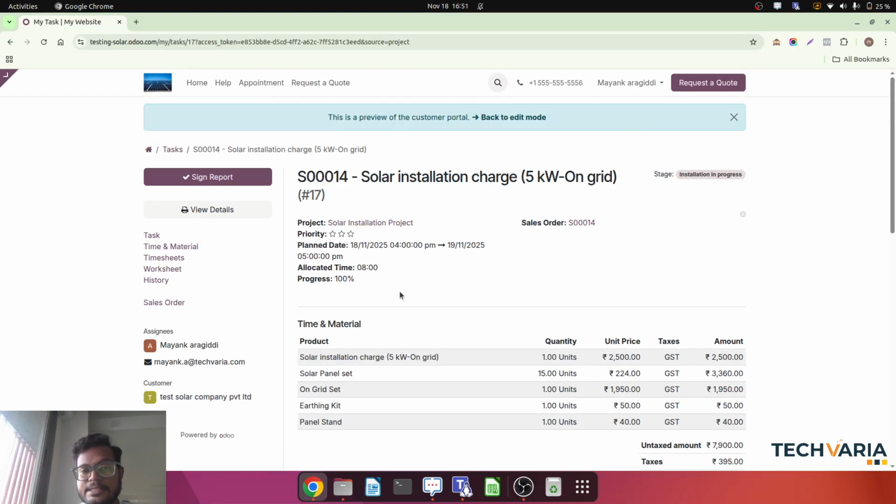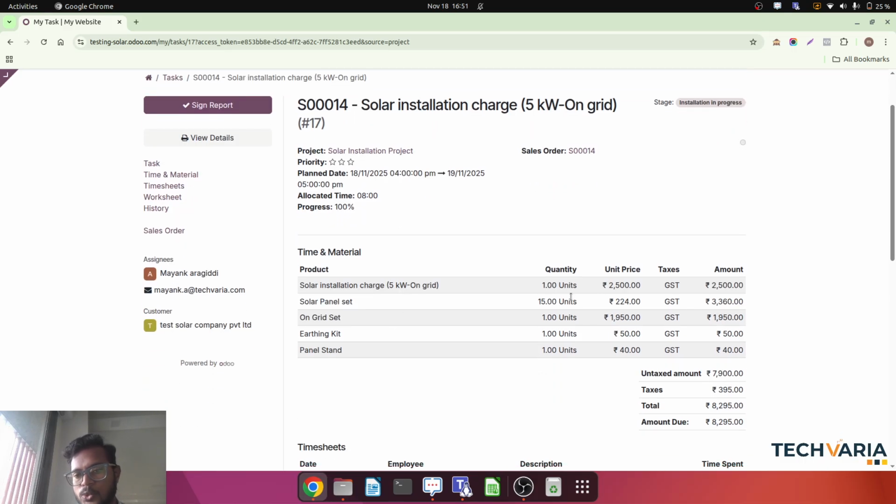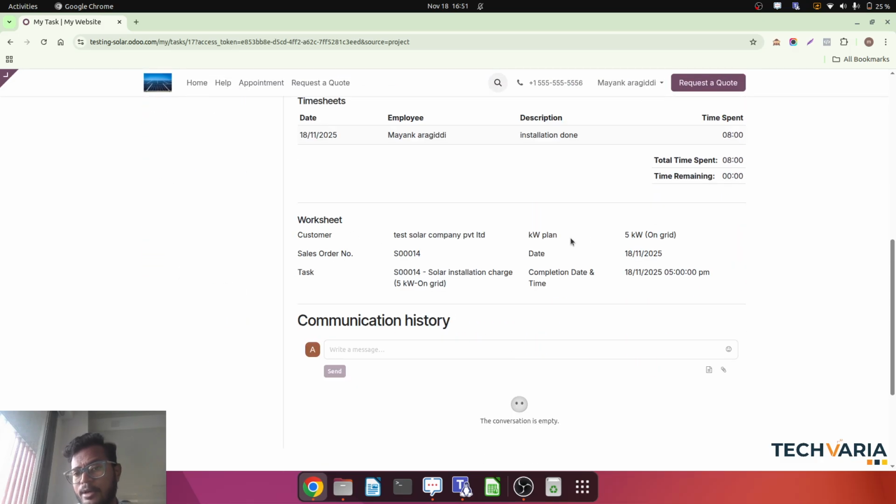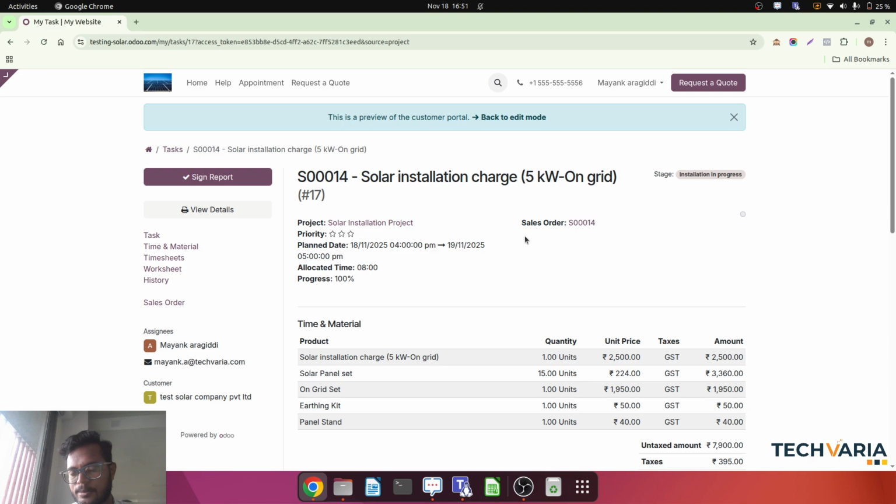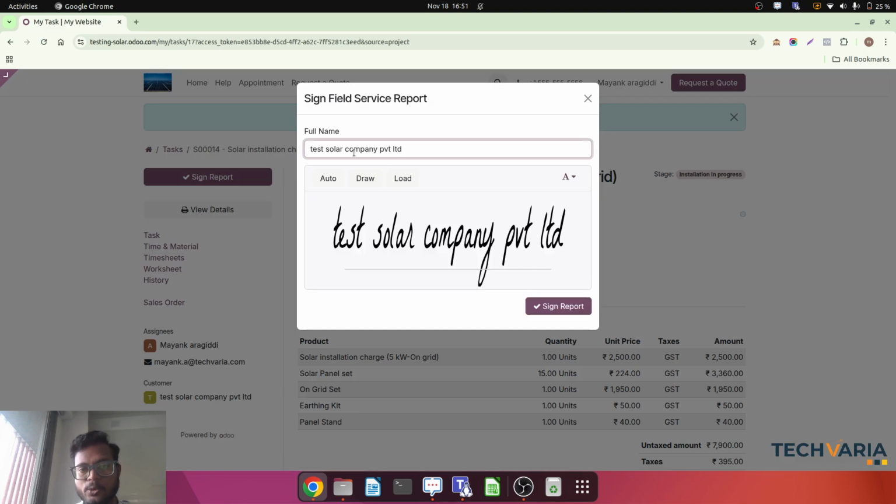Once he clicks on sign and report, the customer can see everything: the solar charges, panel prices, whatever worksheet details are available. Once the customer signs the report,